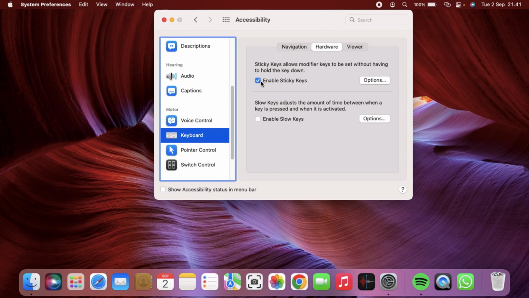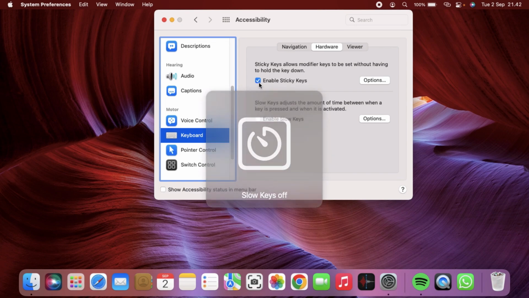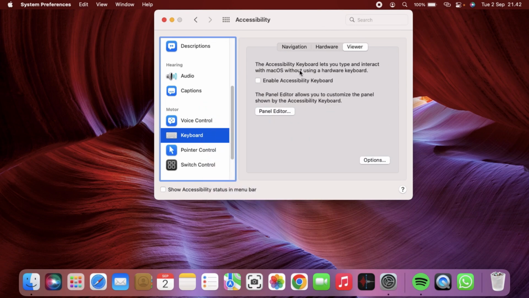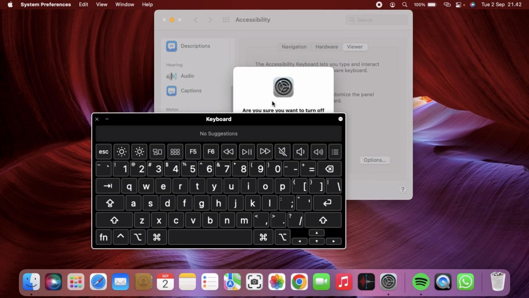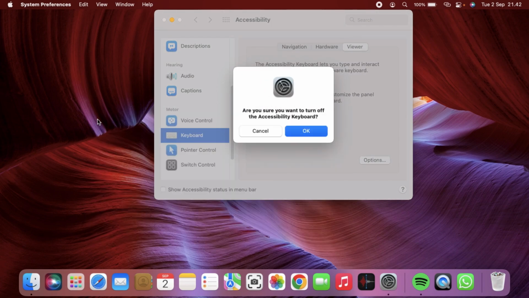If your enable sticky keys is on and also the enable slow keys is on, you can turn this off. You can turn off the enable slow keys and also the enable sticky keys. And also on the viewer, you can just disable it. You can just turn off this feature